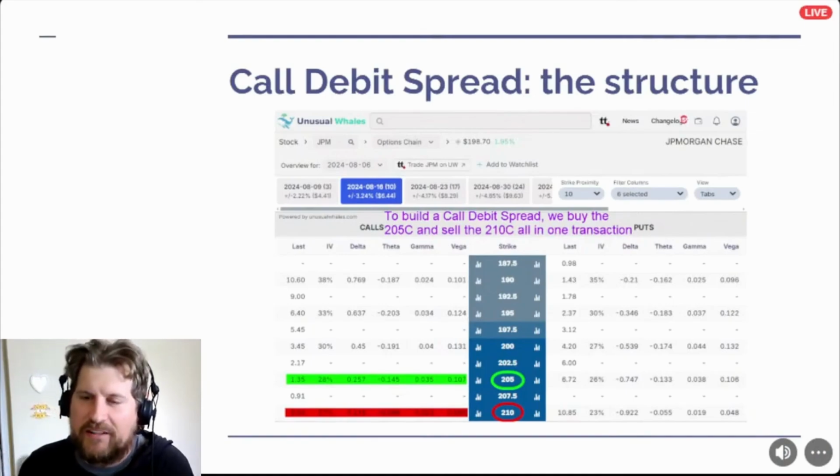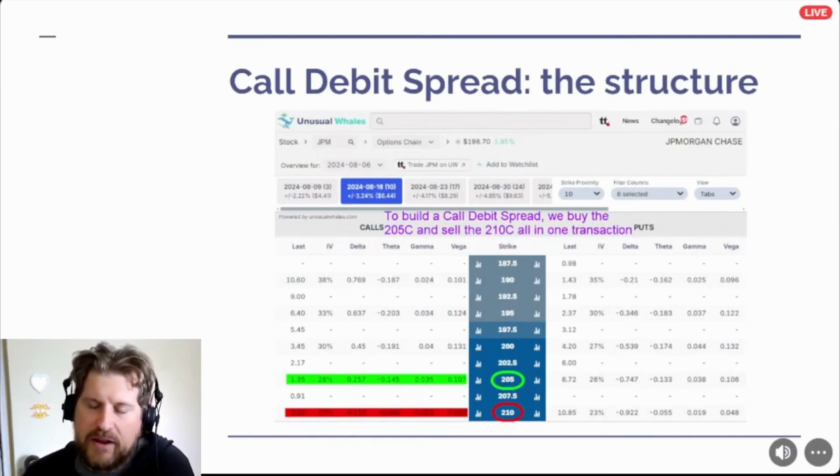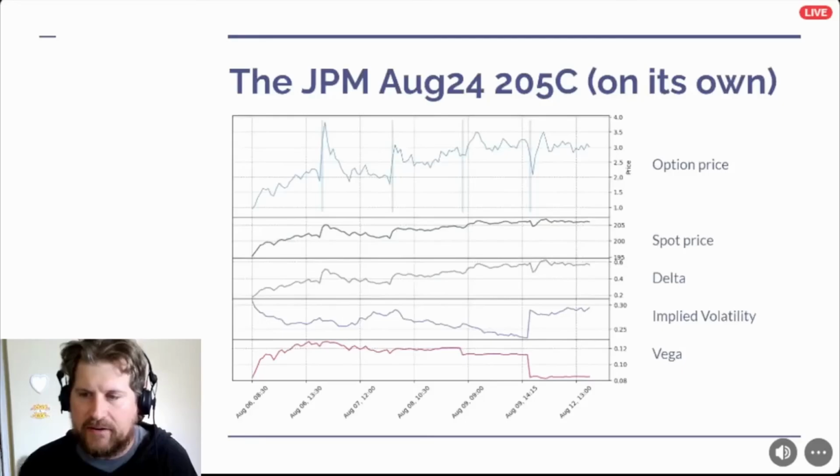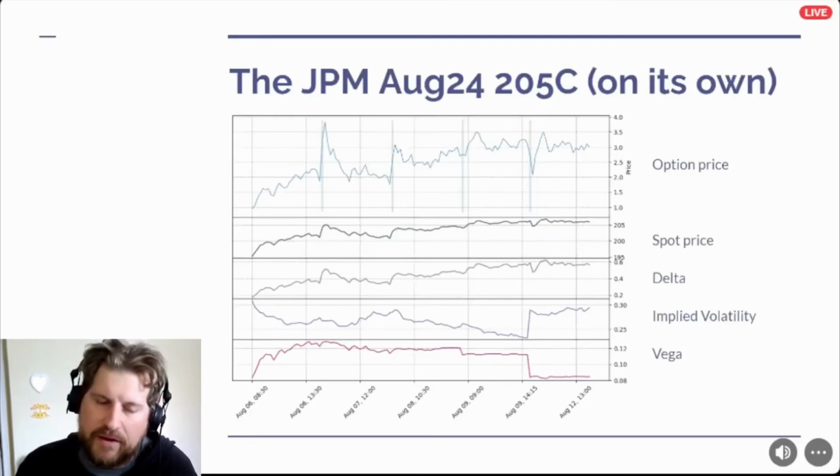So you'll recall last week we were considering a JPM call debit spread where our theoretical trader is going to buy the 205 call and sell the 210 call. And when creating this call debit spread, what I want to do in this little section is compare the call debit spread to buying